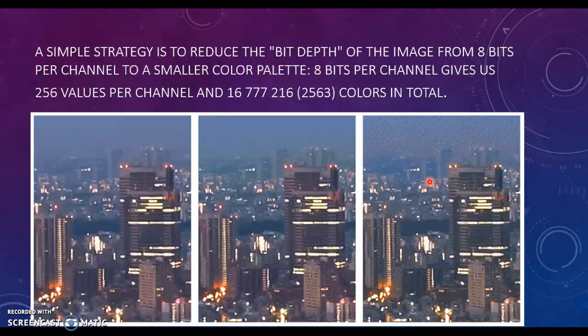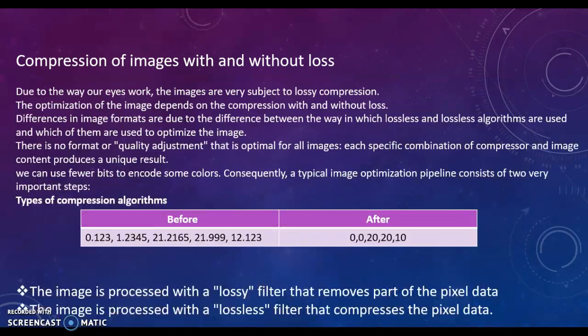This is the worst image because it has a lot of pixels, and this is the best image. The compression of the images without loss. Types of compression algorithms. We have this example, before and after. We can use fewer bits to encode some colors. Consequently, a typical image